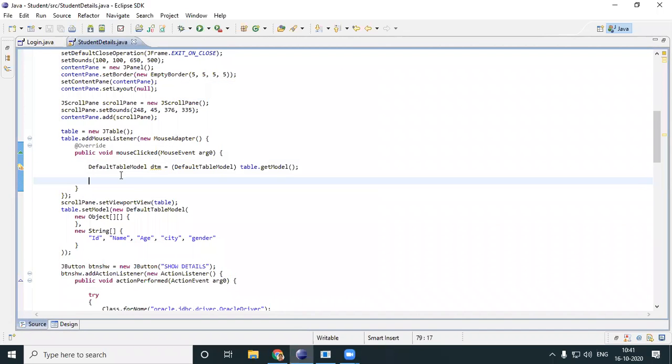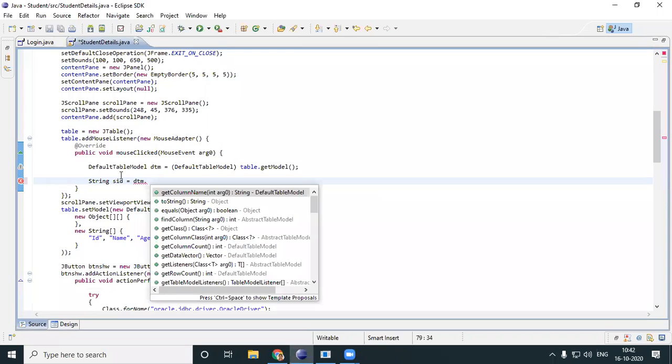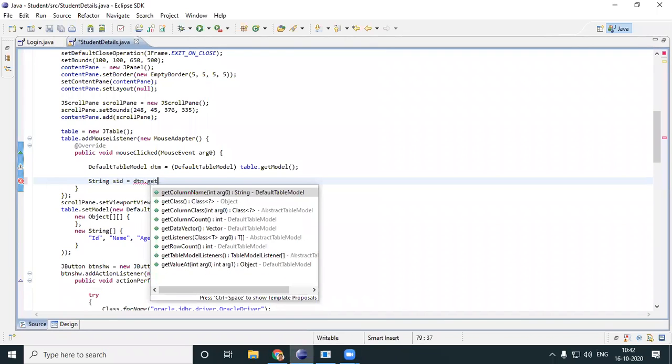Okay, so let's do that. So I've got my table model. Now what I've got to do is take each and every row, and for the time being, I'll store it in a string. Let's say a string. First one is student ID. Okay, string SID is equal to my default table model. Get the value